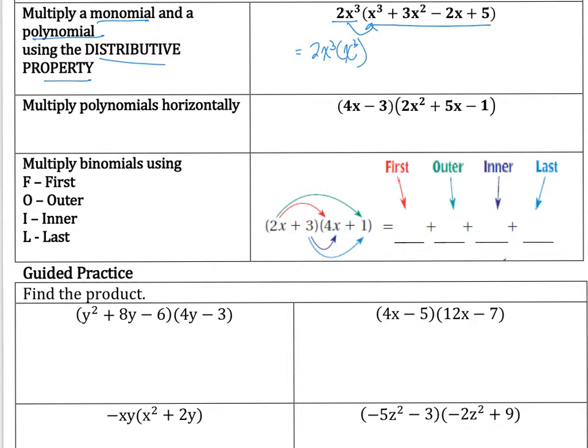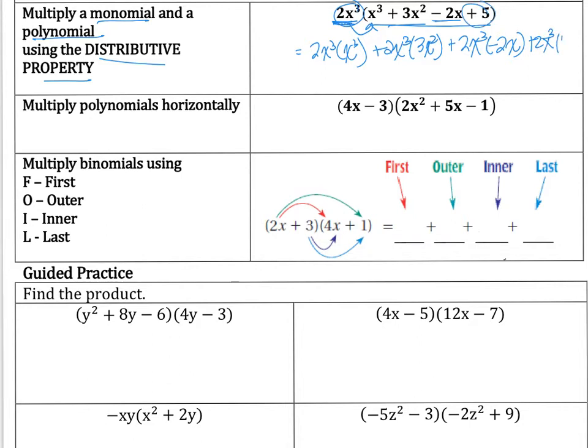And then I'm going to take 2x cubed again and multiply by 3x squared. As you can see, I am showing all my work for now. And later on, you're going to become so good at this that you don't need to show your work. And then 2x cubed times negative 2x. And then 2x cubed again